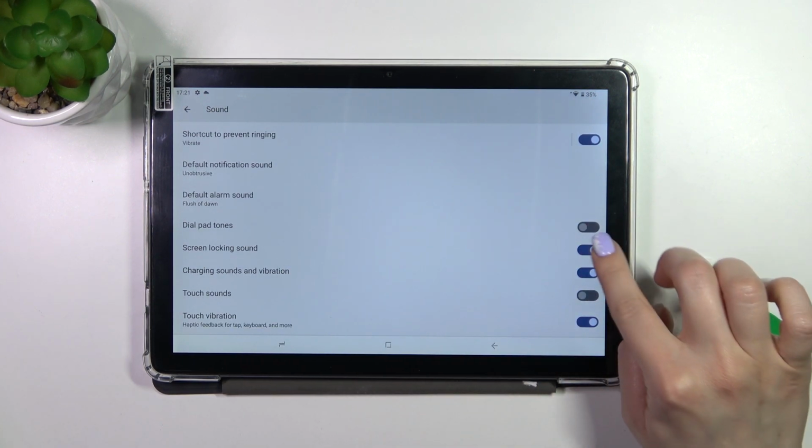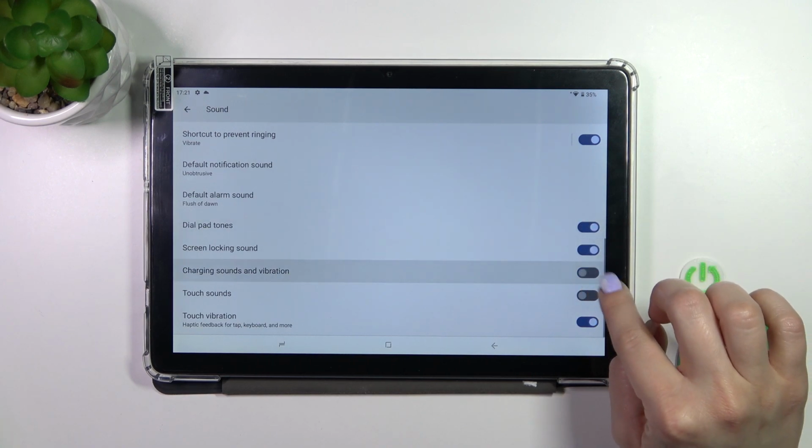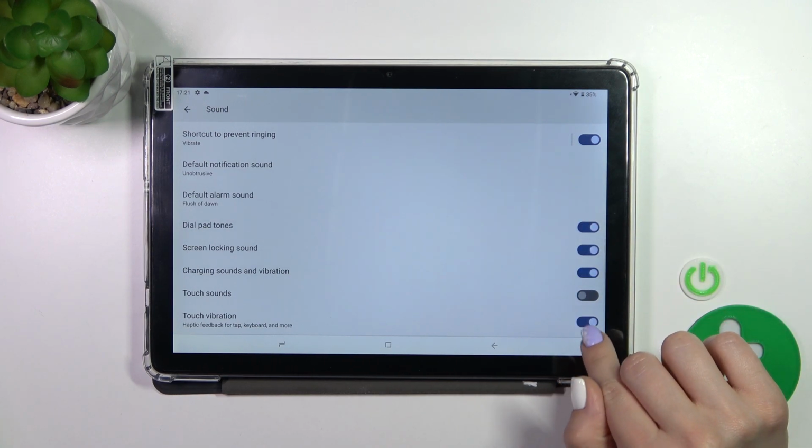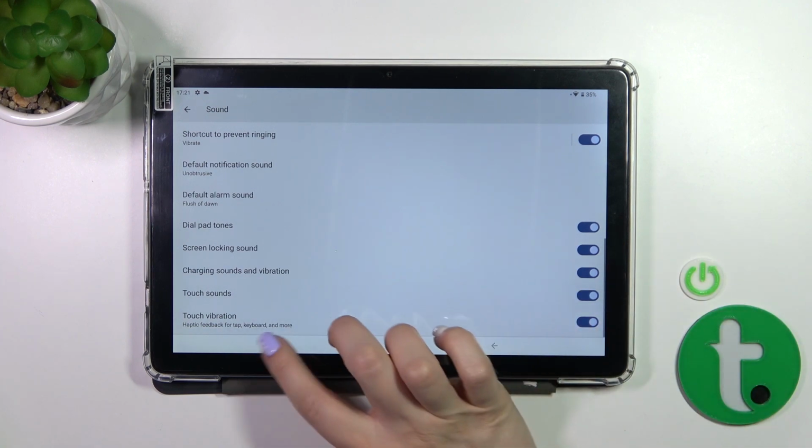or turn off the dial pad sounds, screen lock and unlock sounds, sounds and vibration for charging, touch sounds and the touch vibrations. So that's it,